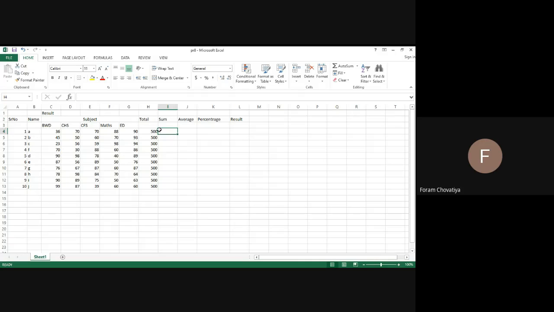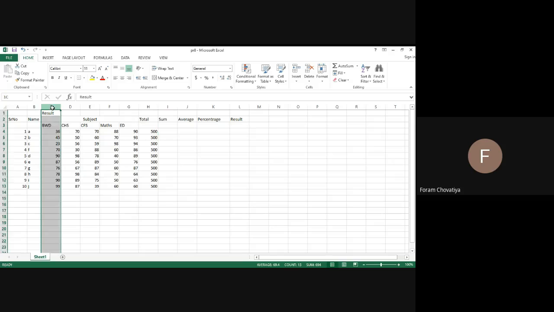Then we have to follow the formula for sum. If we have a calculator or mobile phone, we can easily find addition and sum, but here we compulsorily have to add a formula. So what is the formula? First of all, we have to select which columns we have to add.